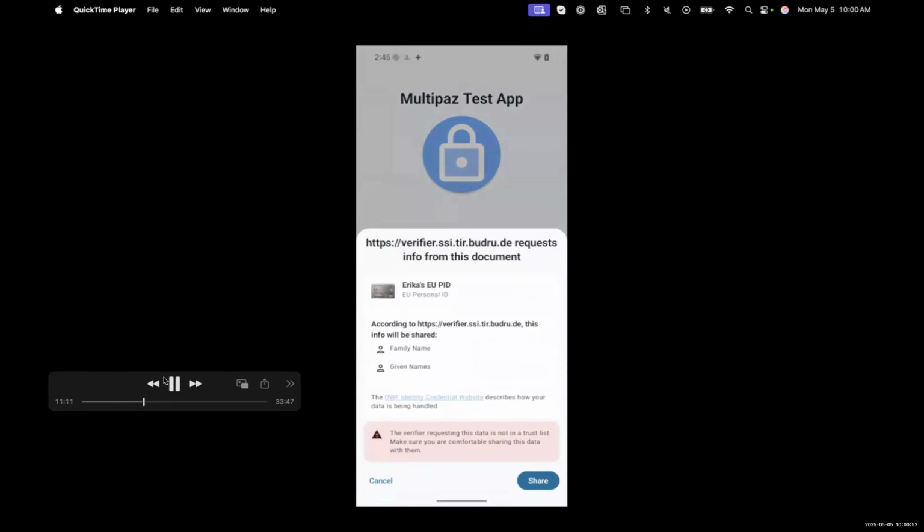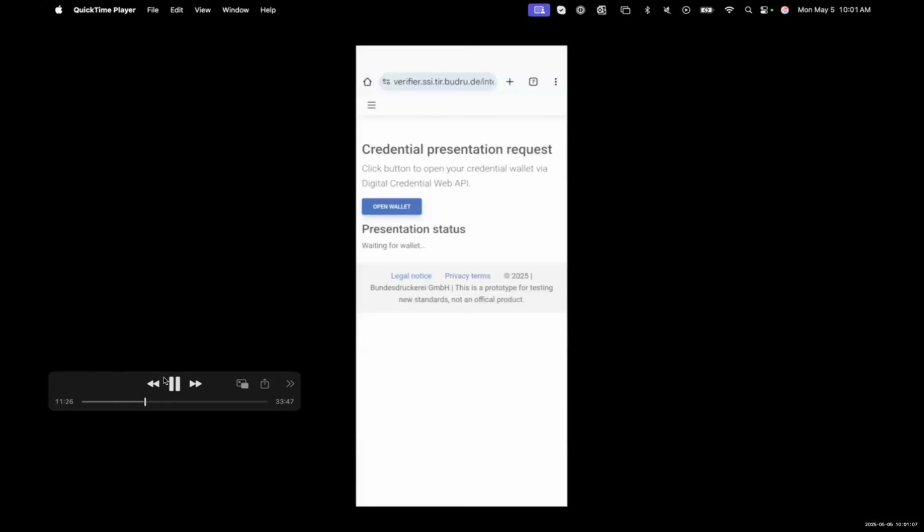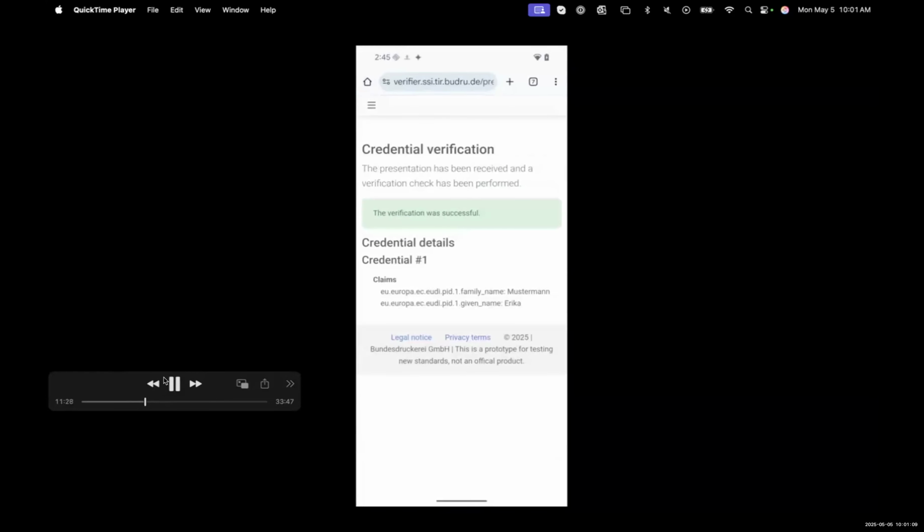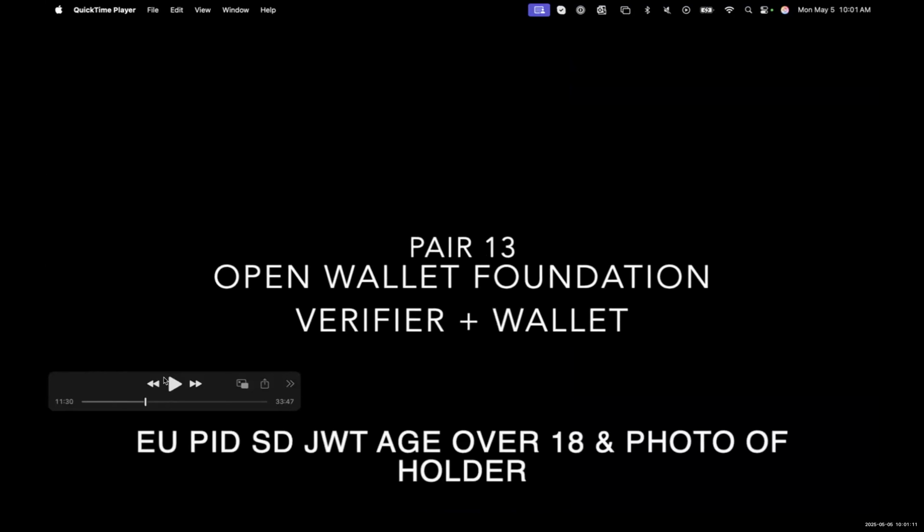The dialog looks exactly like the previous one. We press share, the biometric prompt comes up, which isn't shown here. And the results should be shared. I don't know why there's a pause here. But the wallet then says the information was shared, goes back to the website. The website shows it.